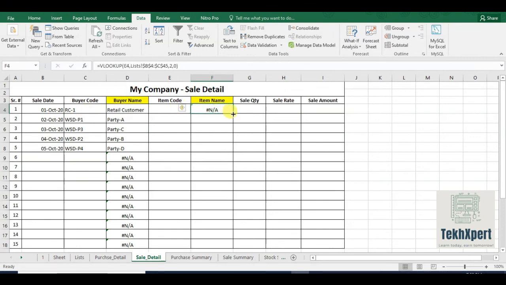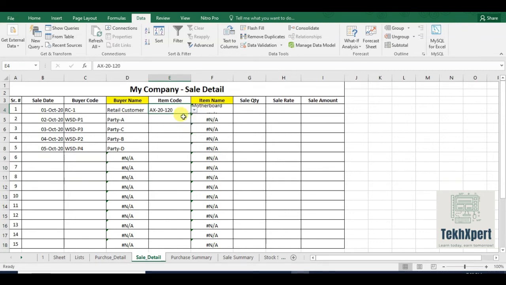If any of you don't know about the VLOOKUP function, that is being shown in the I button and is also available in my playlist, you can watch that video. It is a very comprehensive video on VLOOKUP, in Urdu language for those who cannot understand English. That will help you a lot to understand VLOOKUP easily, and after that you will have no problem working on VLOOKUP or in this sheet. So let's put some data.